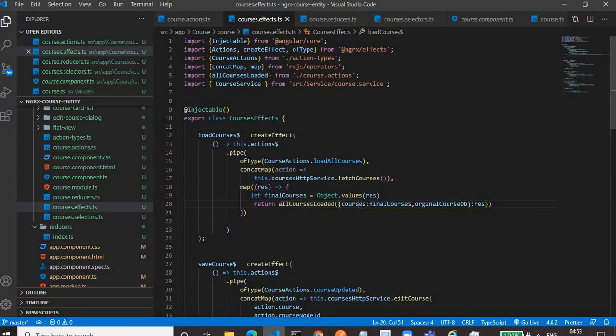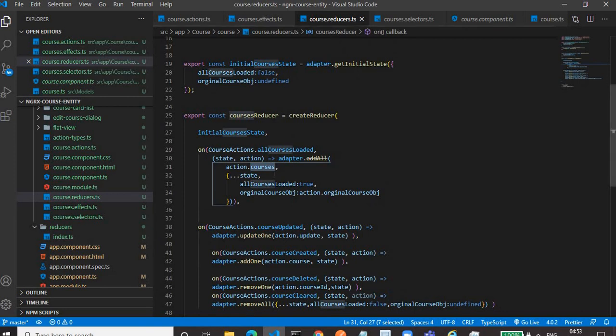You see, this is the course, we are providing the courses payload. So we are updating with action.courses. Then we are updating the state also, and state should be updated immutably. That's why we are using the spread operator. As for adapter.addAll, what it will do is store the courses in the store.